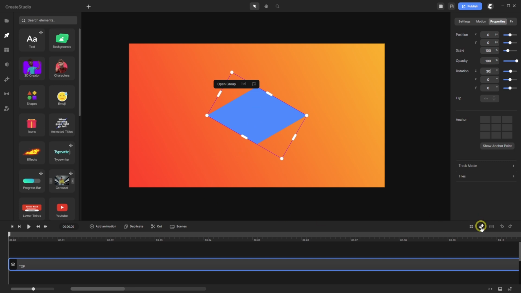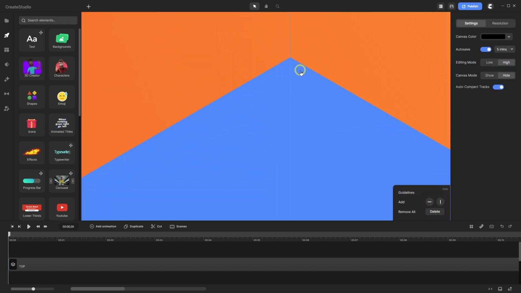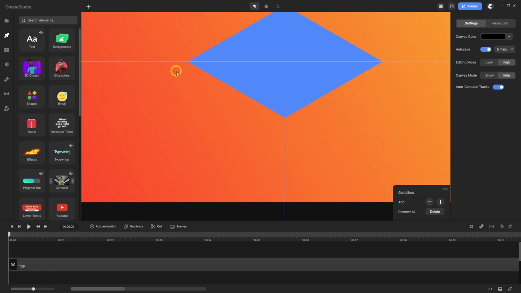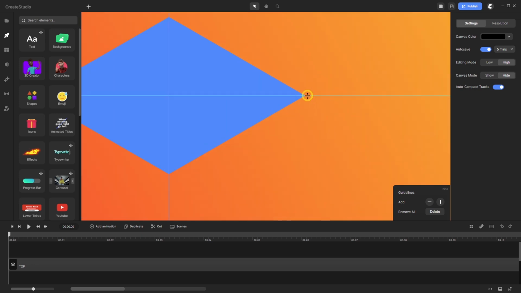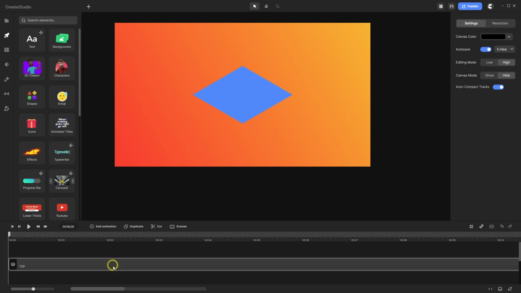When I now go and add the two guidelines, you see here the top is nicely centered, the bottom, left and right are also nicely centered. Okay, I don't need this. Now let's go into the top group